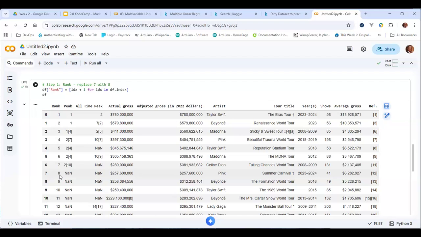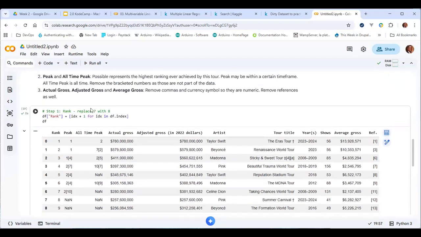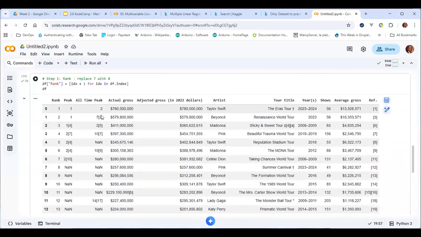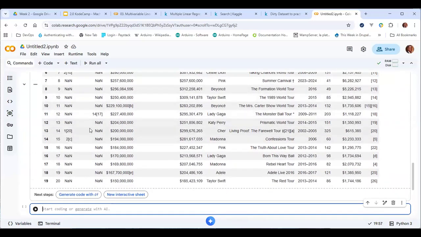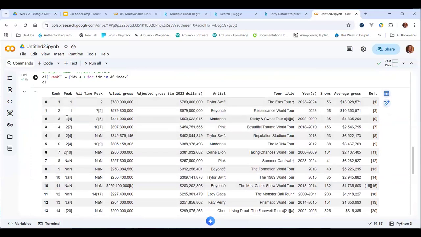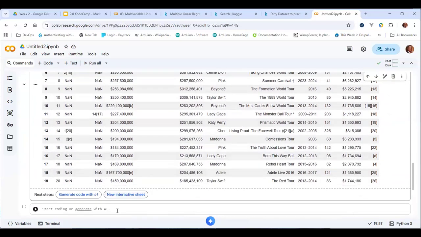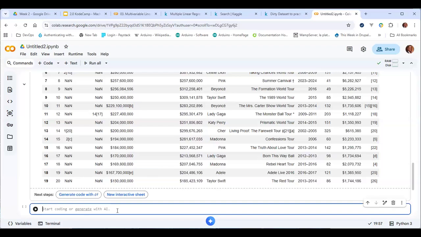Like I said, for example, in a school setting, you cannot just say, okay, let's replace the ages for students that did not provide their age. What do you do? Do you replace it with the average age? You need to understand what you are using that data for and so on. Okay, so that handles step 1, which is the rank. We basically have a clean rank. Now for this one, first of all, let's remove all of this. So for step 2,